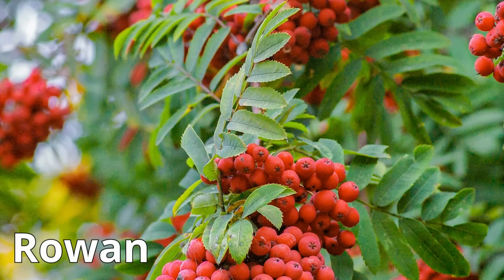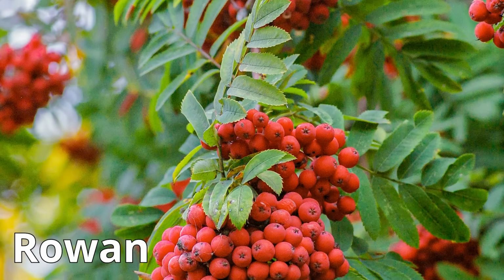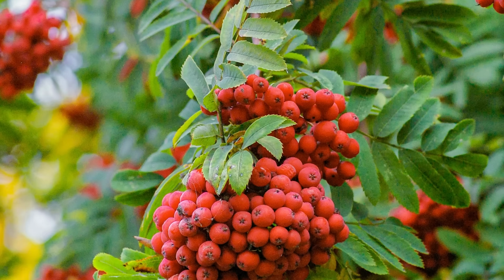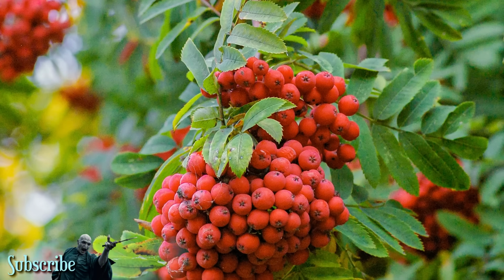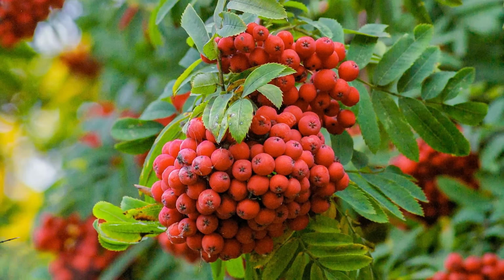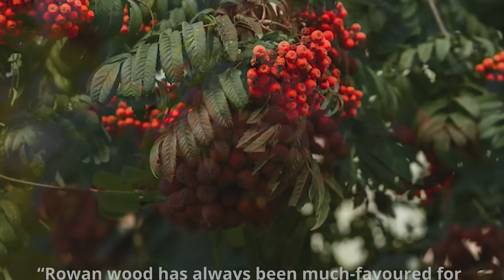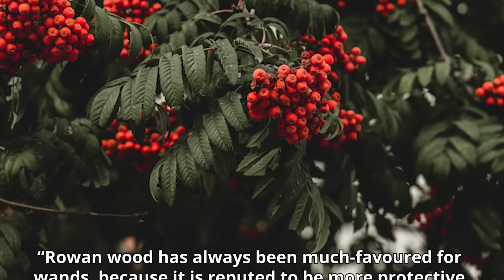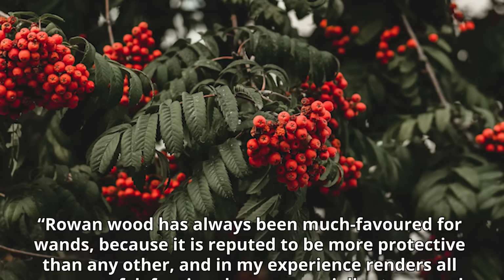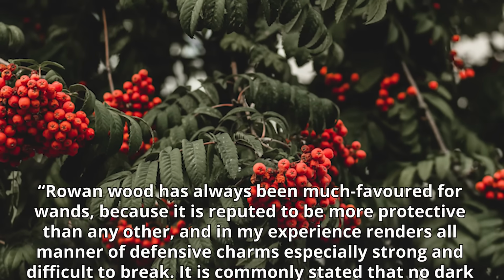Rowan. Rowan, which comes from the genus Sorbus, are comprised of shrubs and small trees from the Rosaceae family. They are native throughout the cool temperate regions of the Northern Hemisphere, with the highest species diversity in the mountains of the Himalayas. Ollivander had this to say: "Rowanwood has always been much favoured for wands, because it is reputed to be more protective than any other, and in my experience renders all manner of defensive charms especially strong and